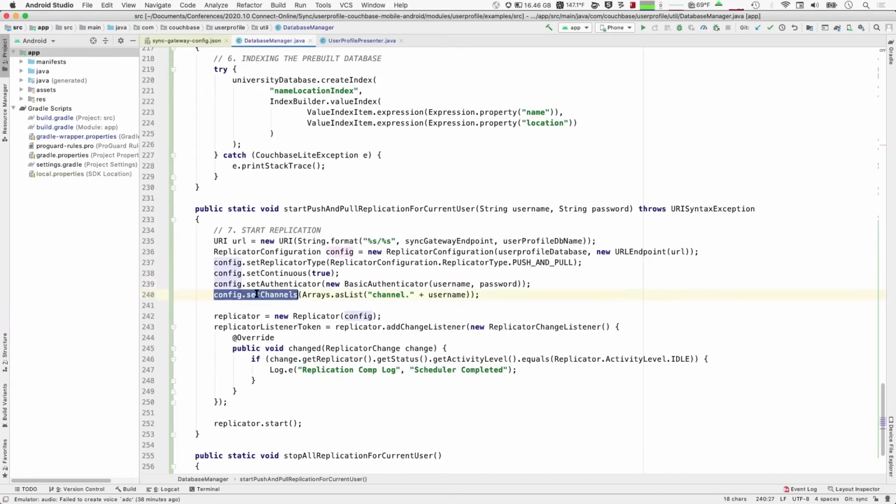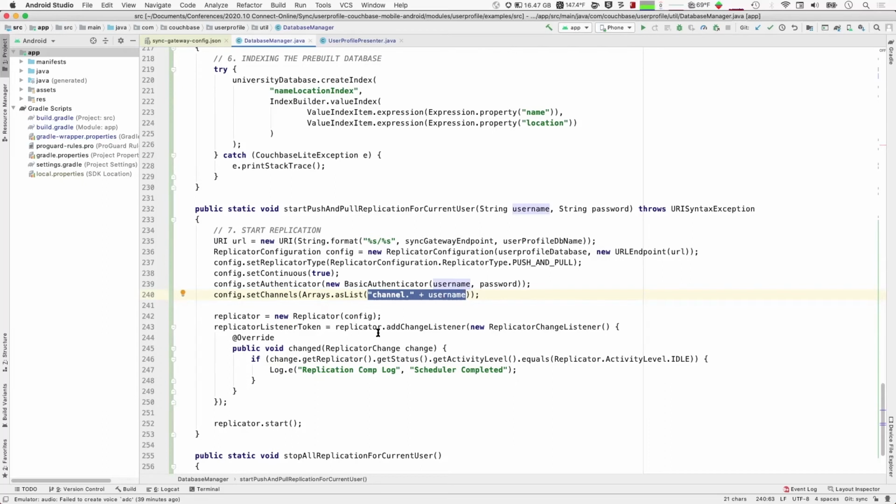And the last thing on the configuration is to set the channels that I want to replicate on. So we saw how those channels are created within the sync function. And so I've got corresponding code here in my client to replicate on the channel dot and username, again,